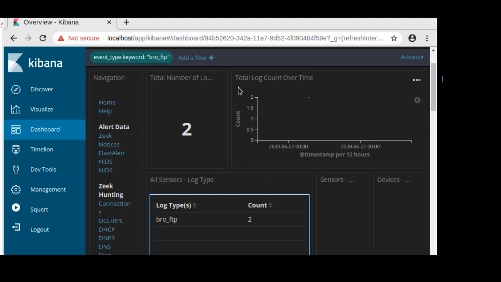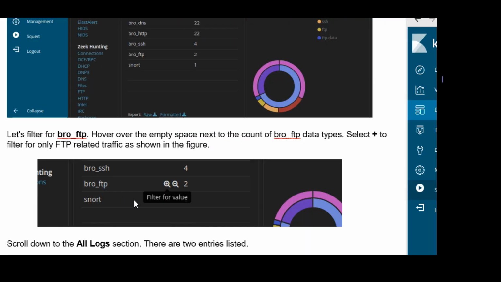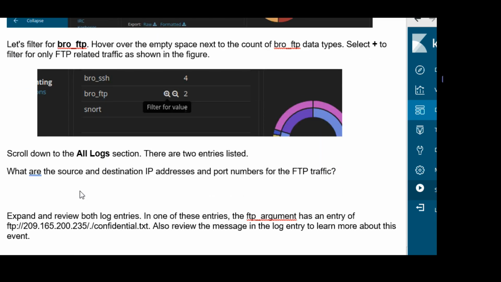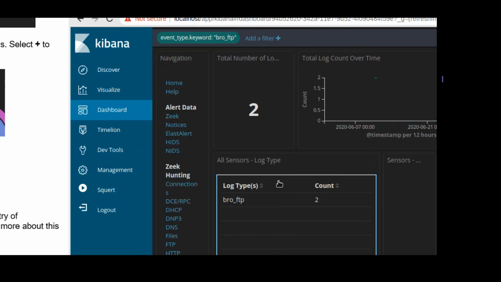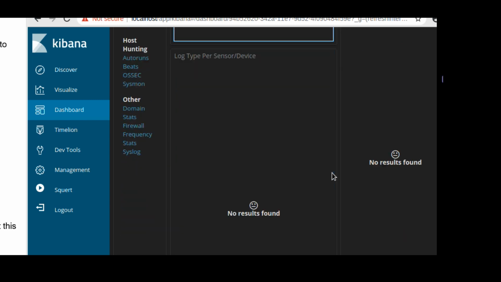Okay, so there are 2 events that are related to Bro FTP over here. With this in mind, we can scroll all the way to the bottom for all logs to look for the details of these 2 events. So once you scroll all the way below,